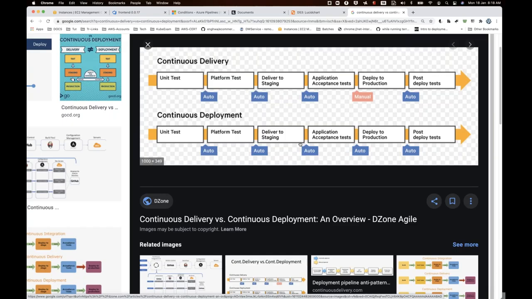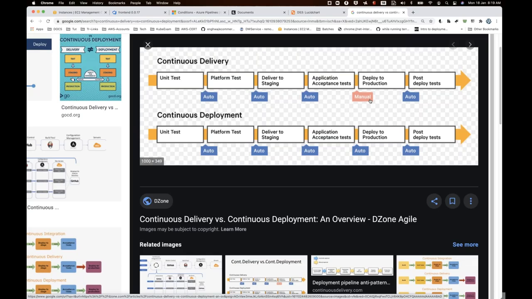That is why we always prefer to go with manual. At least so far I haven't worked in any organization that does continuous deployment.